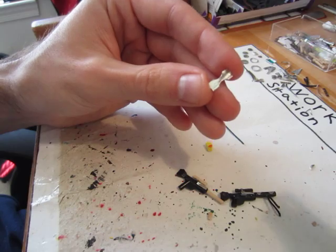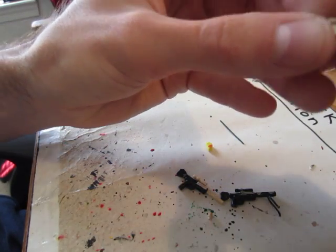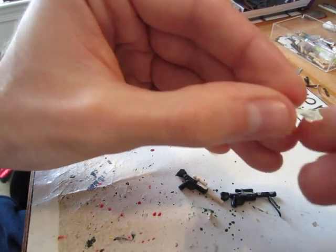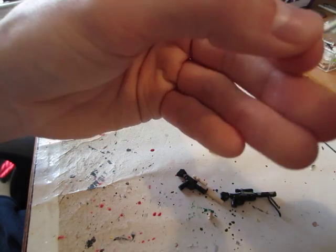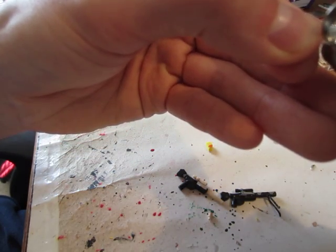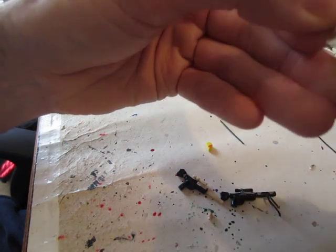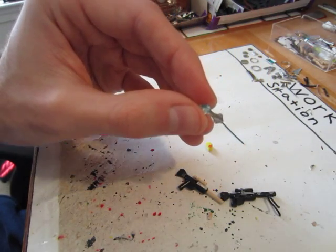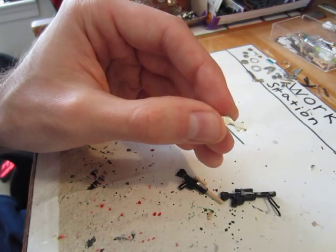And then, let's see, I'm gonna trim the corner, like so. And then just trim off the other corner. I could probably do this with something else. Actually, no, I don't think I could. I think I could probably use my scissors. Okay, so now that you have those corners clipped, and then the center piece cut,